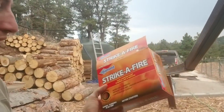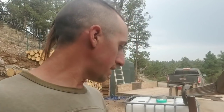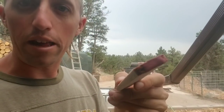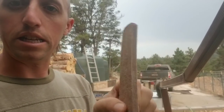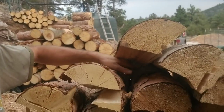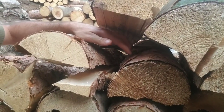Strike a fire. Okay? Now, you know of the logs that you put in and they burn. Well, this has 48 fire starters in it. Basically, they're like giant matches. So you have the red tip right there that you strike on the box, which I don't even strike on the box. I take this, I break this into about 4 pieces, sometimes 5 or 6, depending on how good the wood is at starting. I take a tiny square piece of it, not a whole one, and I sit it right back underneath like that. And I light the piece, and like I said, it's not a whole stick, it's just a small piece,